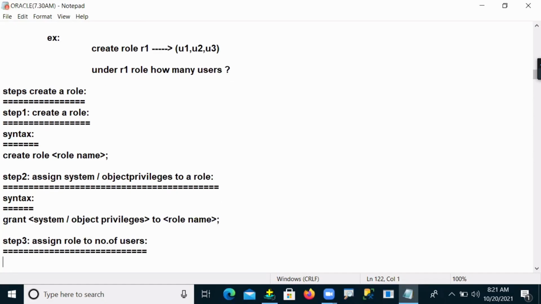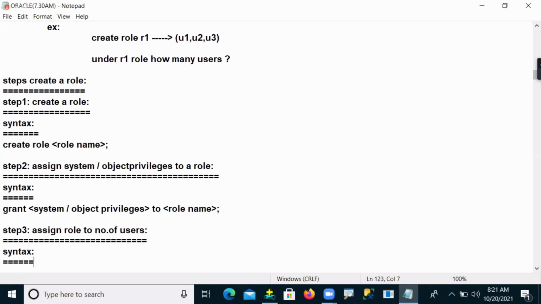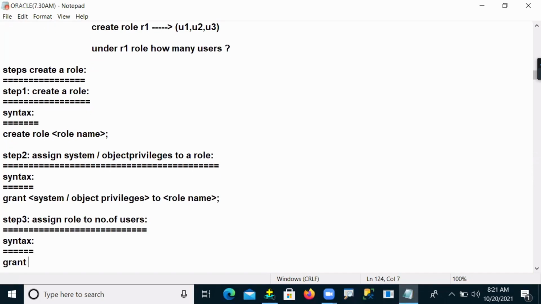When you want to assign a role to a number of users, we say grant, then the role name, to the users.